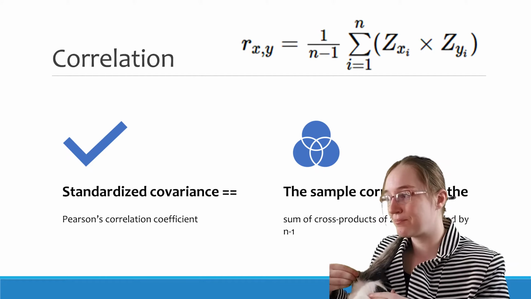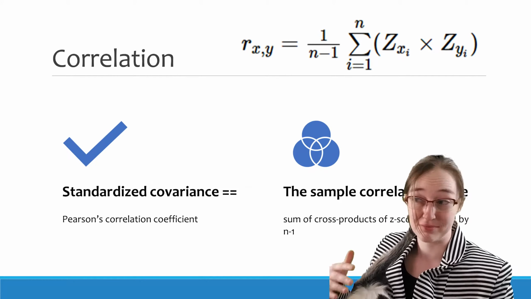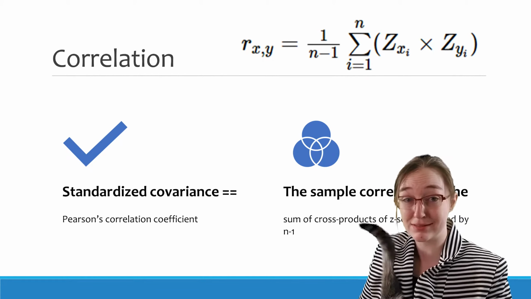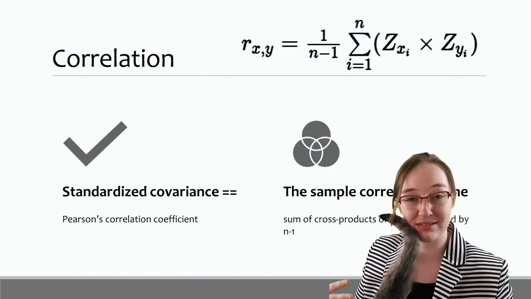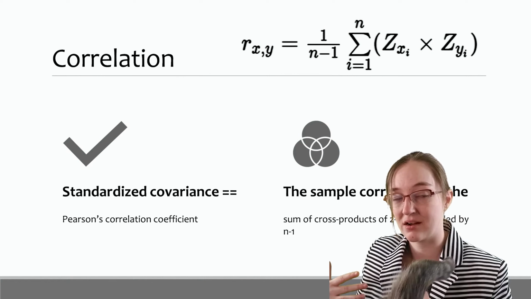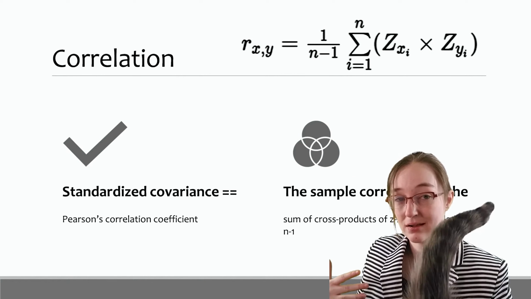So, a standardized covariance measure is exactly what it sounds like. It is a standardized metric so that we can look at how raw scores move together as a product